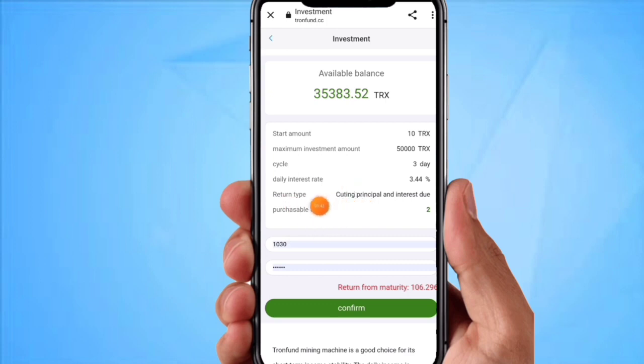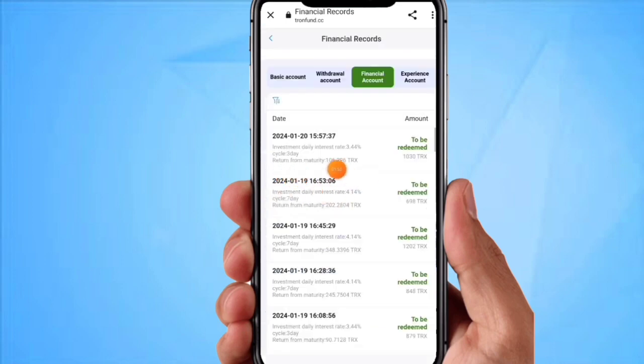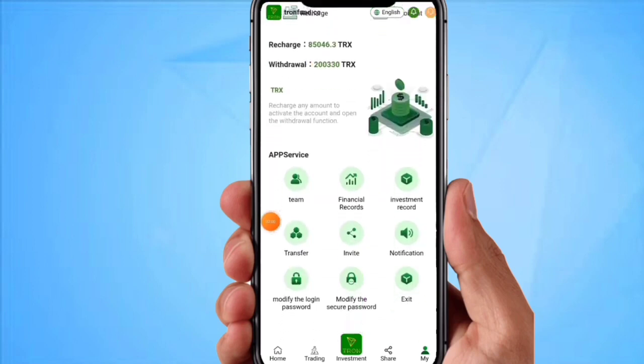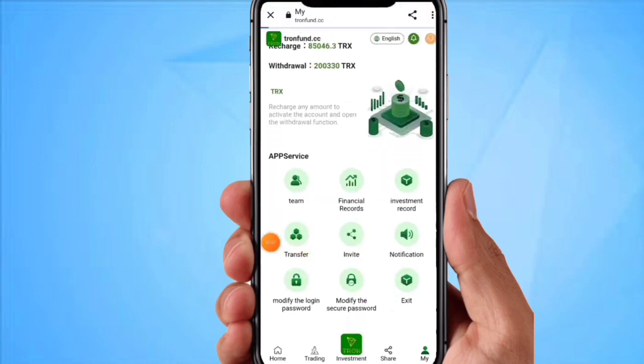If you want to see your team level, then click on the team level, and here you can see the number of team members, valid number of invites, team cycle investment, and level 1 and level 2. You can see all details here. Now I will show you how to withdraw your money. To withdraw your money, you need to click the withdrawal option, then enter your amount here, then select your withdrawal account, then enter your account, then click on the withdrawal option. I will withdraw after 24 hours, then click on the mine option. Here you can see the information, transaction record, lucky chest, share friends app, and wallet fund conversion. You can transfer from wallet account to basic account here.